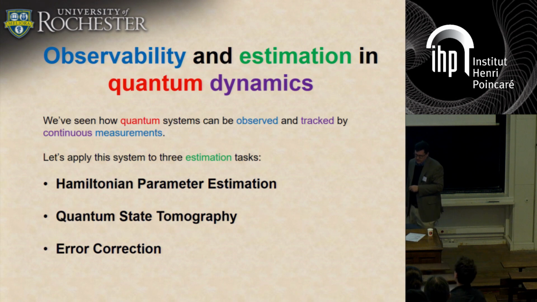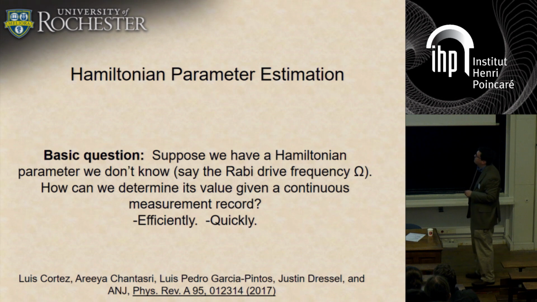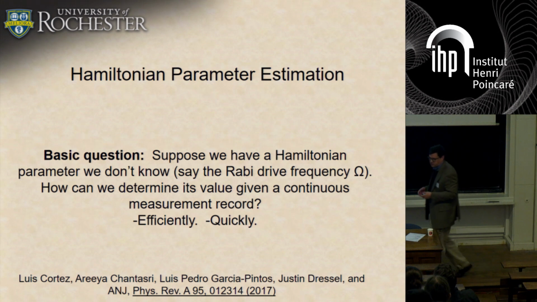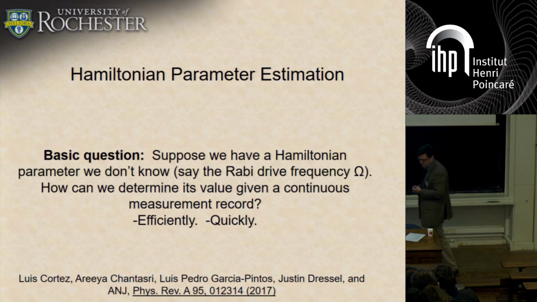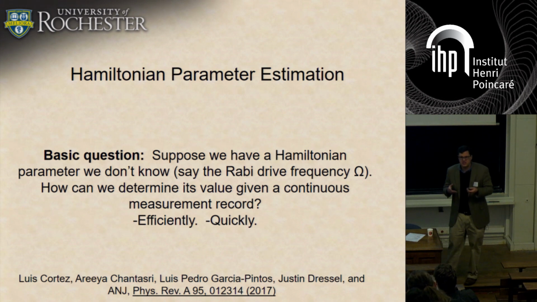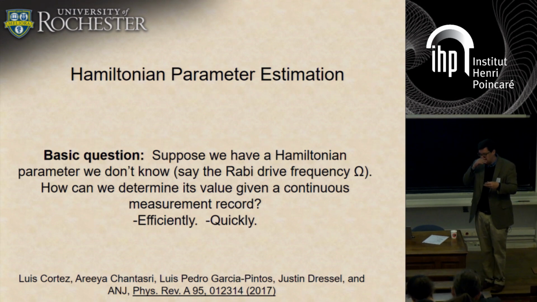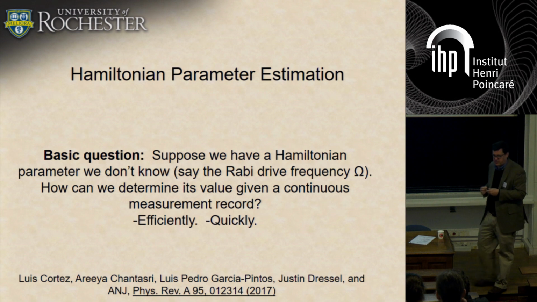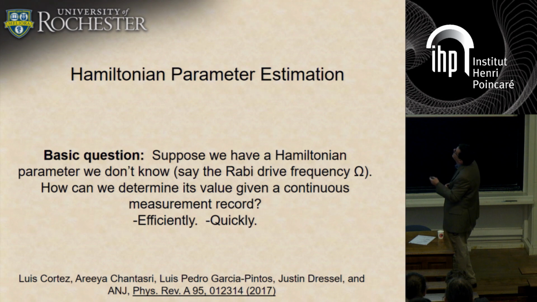Okay, so let's start with Hamiltonian parameter estimation. So here's the basic idea. We have some Hamiltonian, and for definiteness, let's begin with just a single qubit, and there is a parameter we don't know. So in this case, suppose it's the value of the Rabi drive we apply with some frequency omega. That's a parameter sitting in my system Hamiltonian, and I don't know what that parameter is, let's say. In the experiments, they dial in some particular value of frequency, but for whatever reason, maybe they get drifts in the experiment, and so we're not exactly sure what the qubit actually experiences. So we want to be able to figure out, based on the measurements of this qubit, how we can